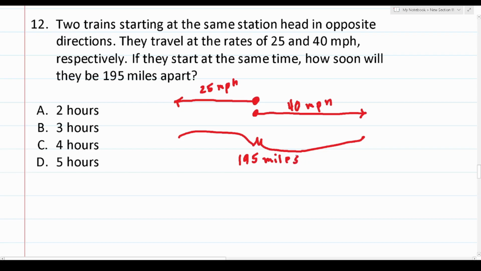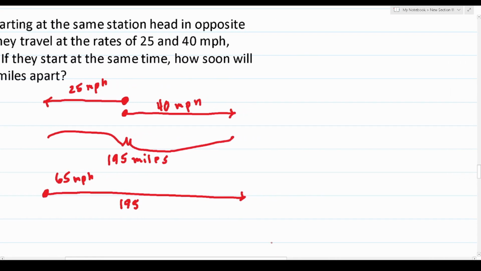Okay, so whenever you have trains or any object going in opposite or the same direction, what you want to do is imagine a third train going the same 195 miles, albeit at a combined rate of these two trains. So 40 plus 25 is 65 miles per hour. And by working out this math with this third train, you'll get the same answer as if you work these out separately. So let's go ahead and see how we can work out this